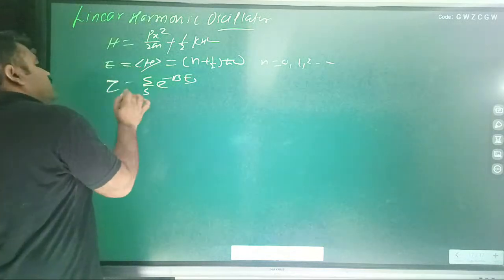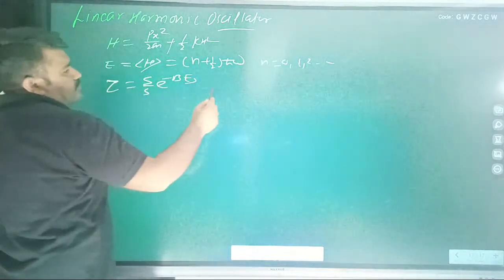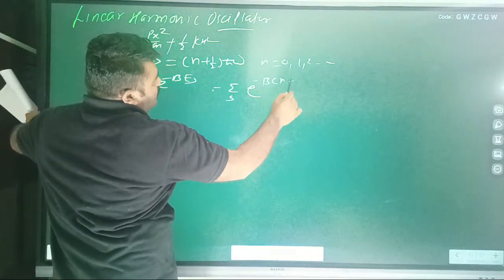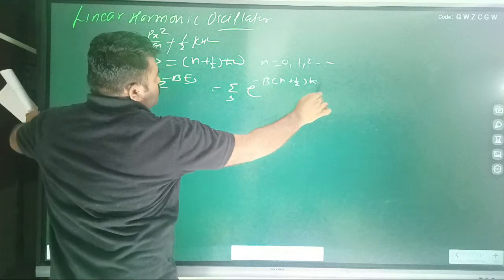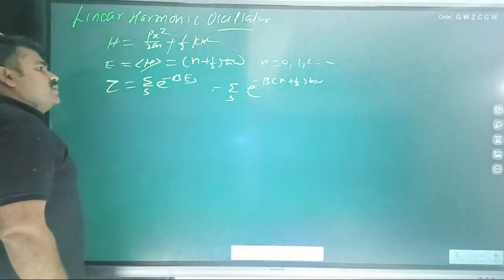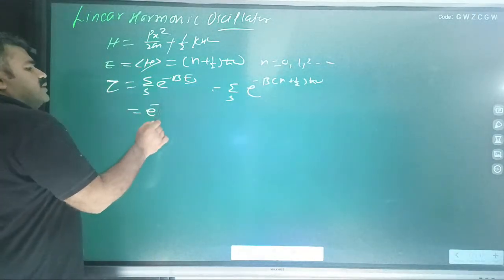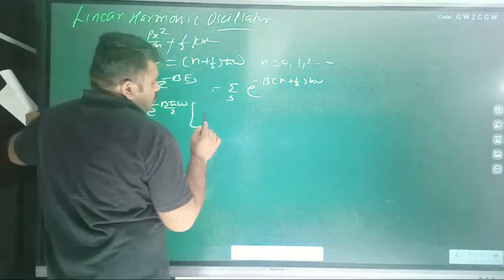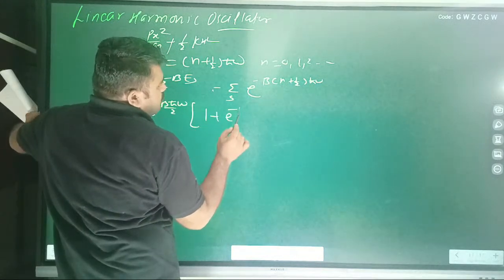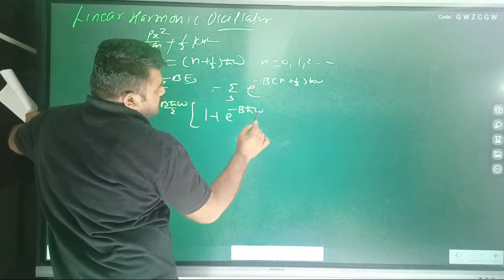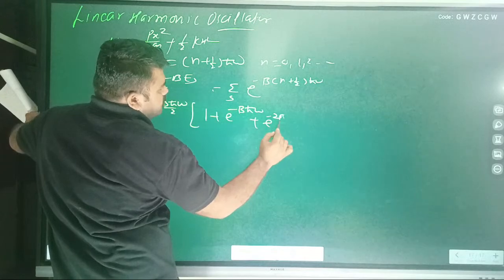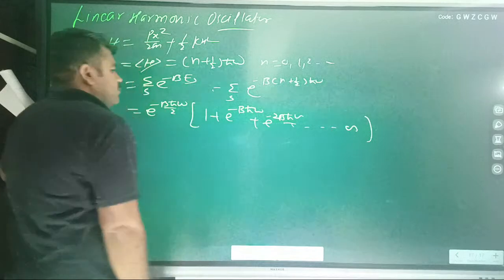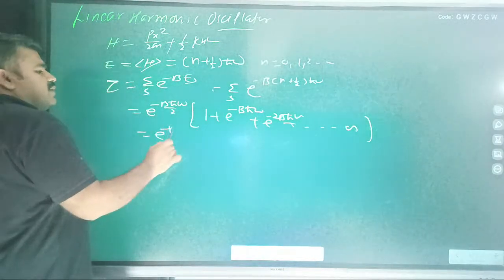Z is equal to summation of this one. What is the energy? Summation of e to the power minus beta into (n plus 1/2) h cross omega. Here we can take e to the power minus beta h cross omega upon 2 outside, into 1 plus e to the power minus beta h cross omega plus e to the power minus 2 beta h cross omega, up to infinity. Clear? When this series is like that, e to the power minus beta h cross omega upon